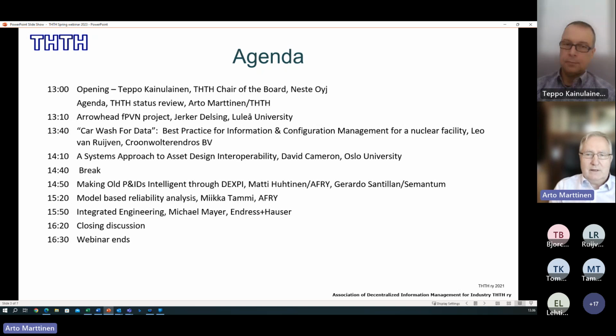And after that, Leo van Ruiven from Netherlands will give some example of how to manage information exchange in a nuclear facility project. And after that, we will get a presentation from David Cameron from Oslo University about system approach to asset design interoperability. And then we are having about a 10 minute break, and after that we are having a presentation regarding PID diagrams and